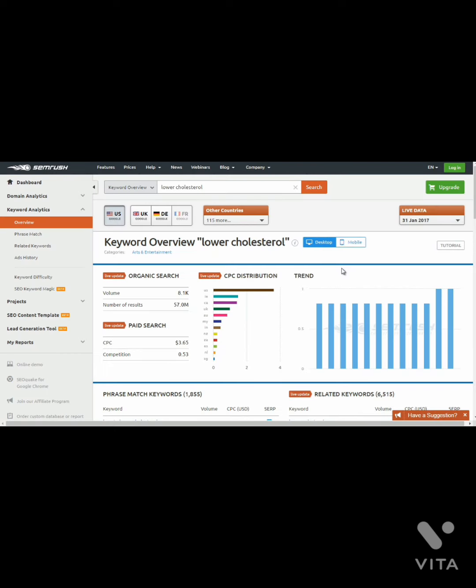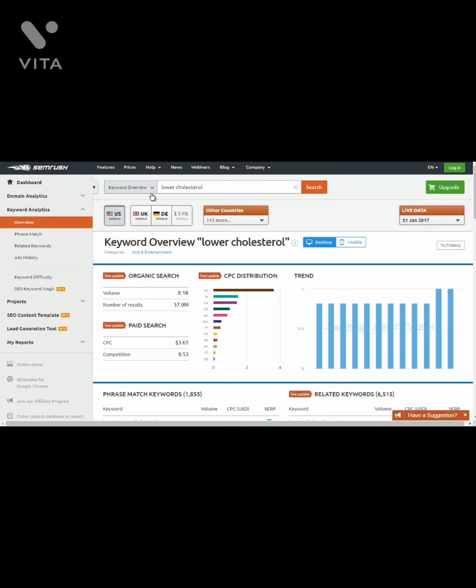So there are several tools that you can use that don't cost you any money to try to figure out topics that are in demand, that people are searching for. And the two sites are Google and SEMrush. Now, SEMrush does cost money, but at the same time, they do allow a free search, which gives you a limited amount of topics.